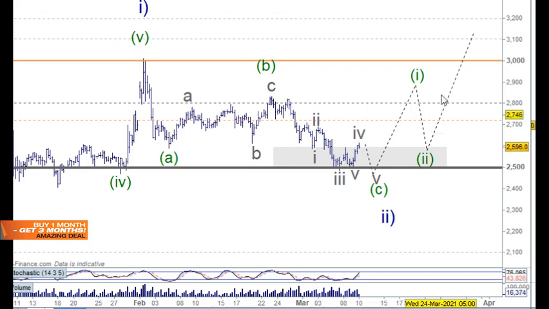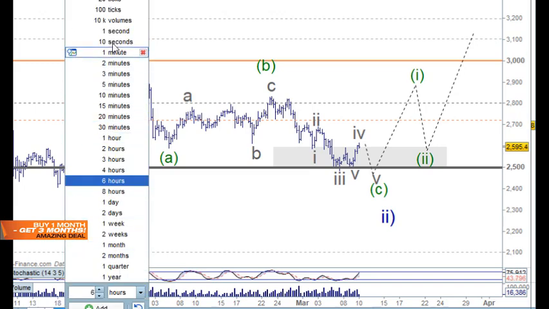But yeah, we need to look at the possibility of a wave 1 starting and moving higher from this level here, either from this point or one more low to come into play here. So I think